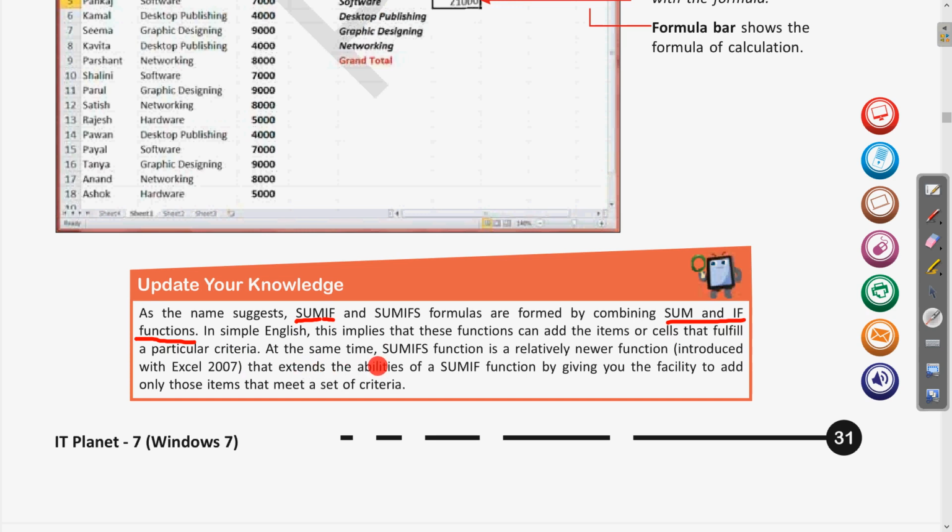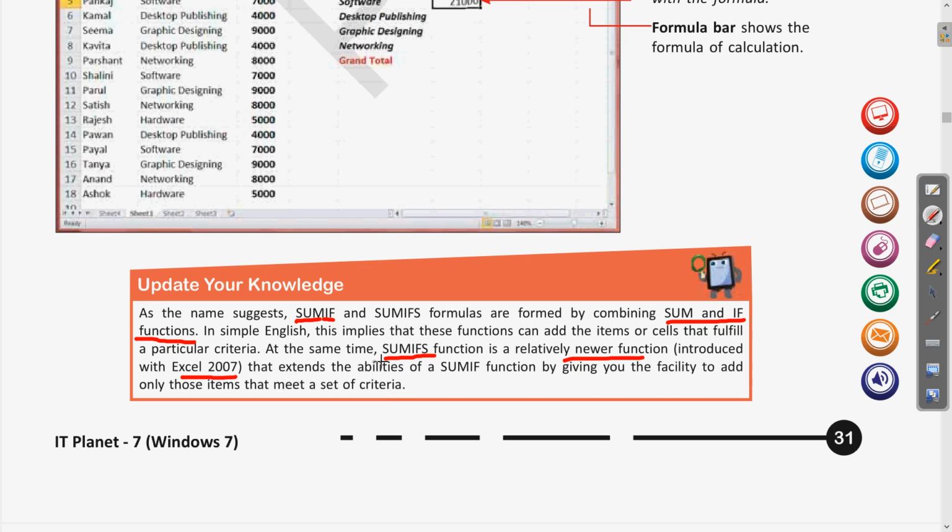At the same time, sum ifs function is a relatively newer function, so it is talking about another function, that is sum ifs. Okay, so this is a newer function which came in Excel 2007 only. Before the 2007 Excel, the sum ifs was not there.